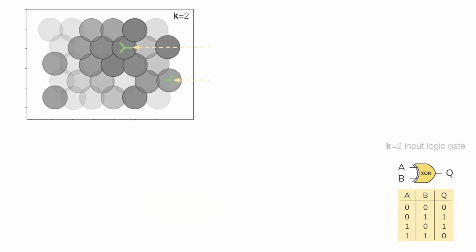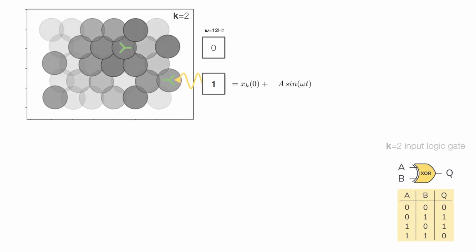To compute a logic gate, we need to specify the inputs and outputs, and the inputs to this sheet are given by the particles having green sticks drawn on their surfaces. The input signals that we supply take the form of external horizontal vibrations at some frequency omega. So we say that an input particle is on if it's being externally driven and off if it's not being externally driven. The output is the particle indicated with a red star,